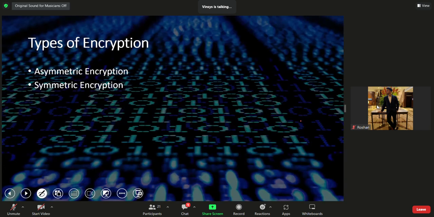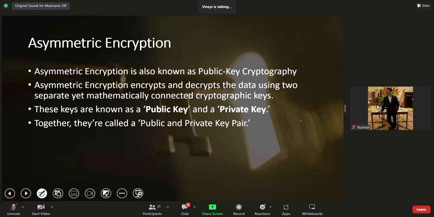Fine. So what are the types of encryption? Asymmetric as well as symmetric. In asymmetric encryption, it is also known as public key cryptography. Asymmetric encryption encrypts and decrypts the data using two separate yet mathematically connected cryptographic keys. Now, folks, try to remember your public key and private key in AWS.